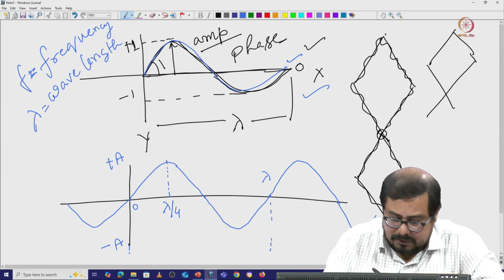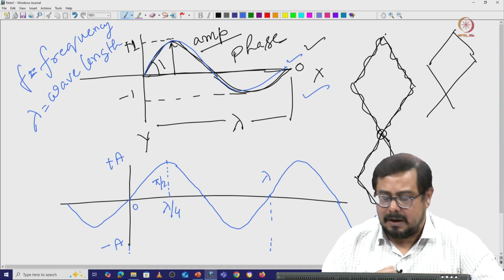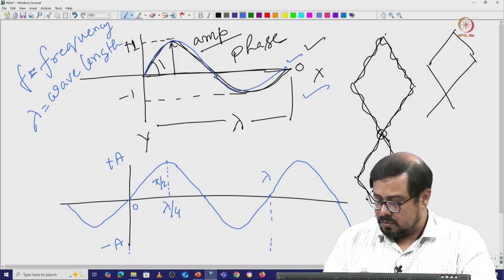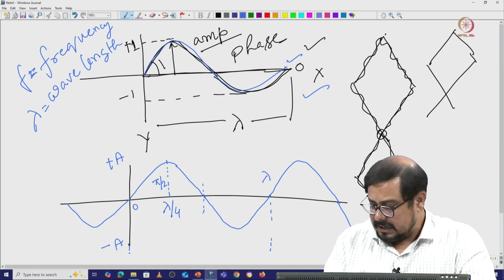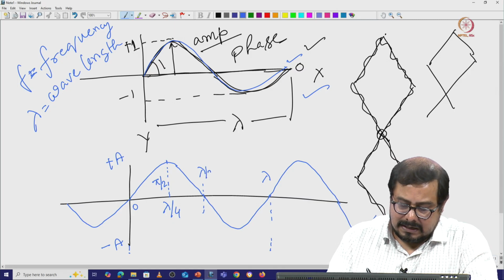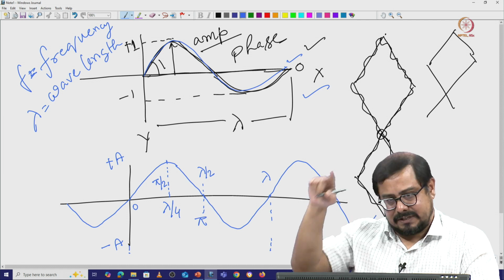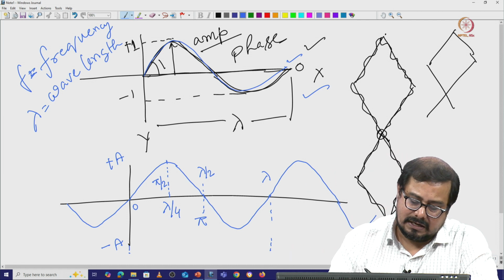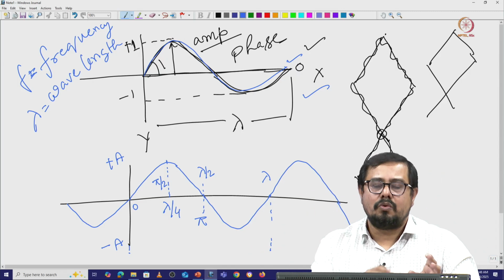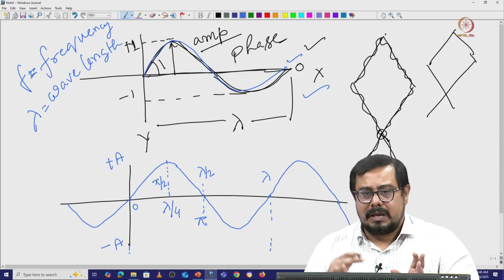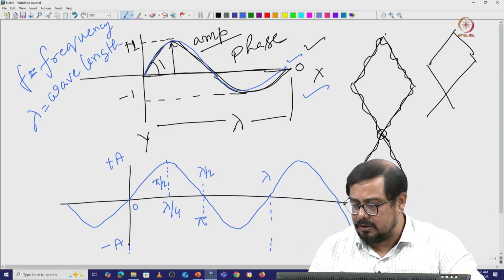Now the angle here, we can tell this is pi by 2, the 90 degree. Now if we consider this particular point here, it is half lambda, lambda by 2, and it has traveled a total of one half circle. So you can start from here and it is going to the half circle. We will put everything in the Phasor diagram and show you how we can calculate this angle also. That will be very helpful. Right now you just see how I am correlating those points.